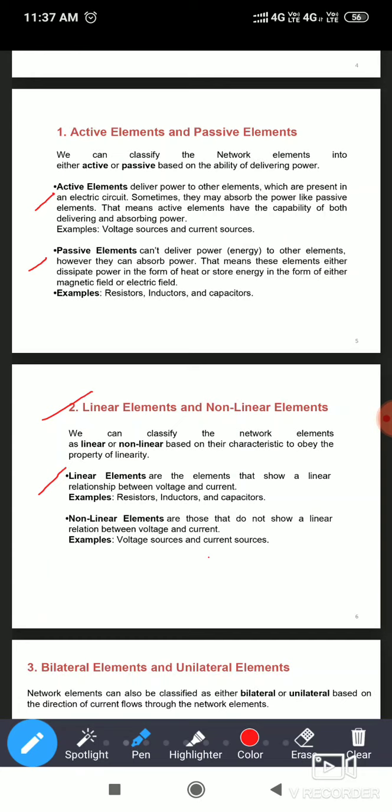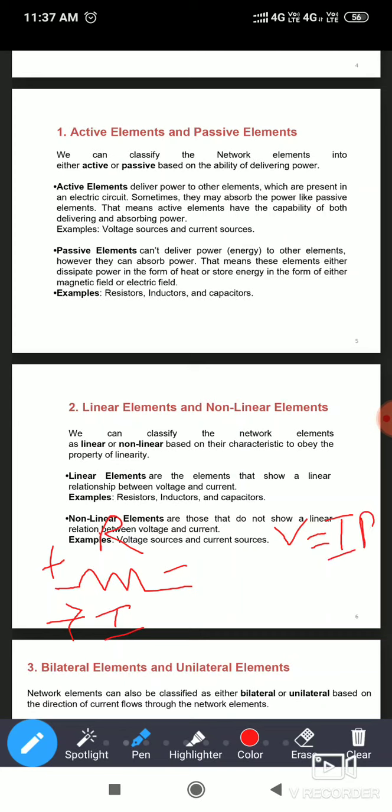Because suppose I take the example of a resistor. Suppose this is the resistor, and its value is R. If you pass the current I through that resistor, some voltage will drop across the resistor. Suppose that is V. How to write it using Ohm's law? V is equal to I into R. So if I know the current, and I increase the voltage, and you plot that graph of V versus I, that will be linear.